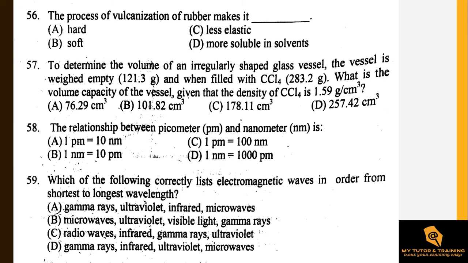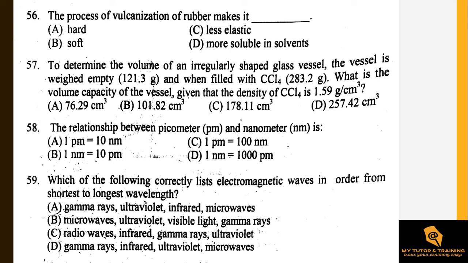Question number 56: the process of vulcanization of rubber makes it... ጎማ ያው ከተፈጥሮ ራበር ነው የሚሰራው። ያ ወደ ጎማነት ሲቀየር ምንድነው የሚደረገው? vulcanize ነው የሚደረገው። vulcanize ማድረግ ማለት it is combining a rubber with sulfur ማለት ነው፣ ከሰልፈር ጋር ማገናኘት ማለት ነው፣ ሰልፈር ኔትወርክ እንዲሰራለን። ራበርን በሰልፈር ትሪት የምናደርግበት መንገድ vulcanization ይባላል።